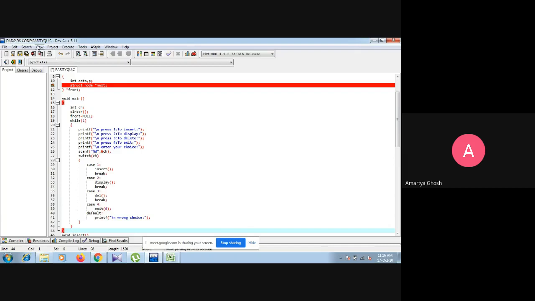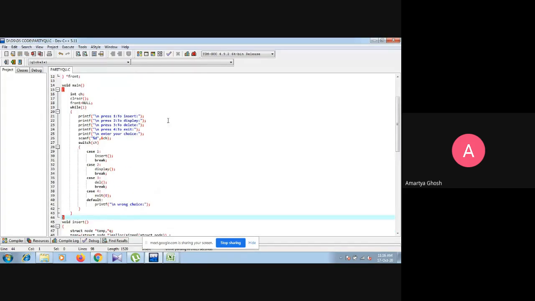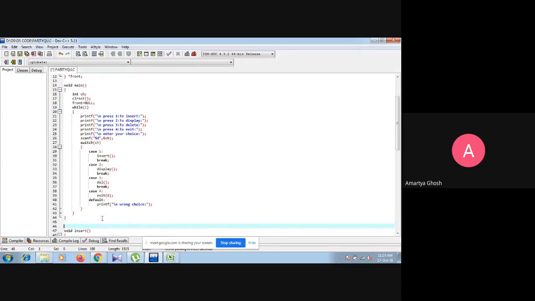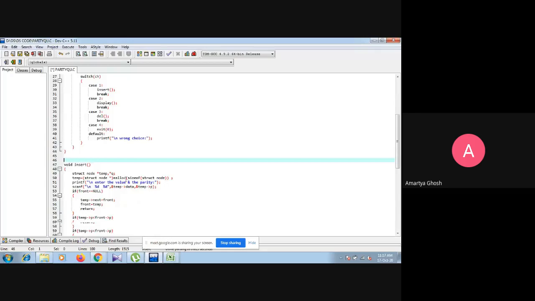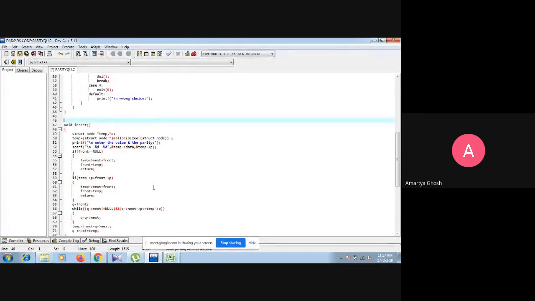So this is the formation of the main program. Now this is the separation, the insert function. In the insert function, because this is a priority queue using a linked list, the situation can never arise that the list is full or the queue is overflow. So always we can insert, this is a linked list.